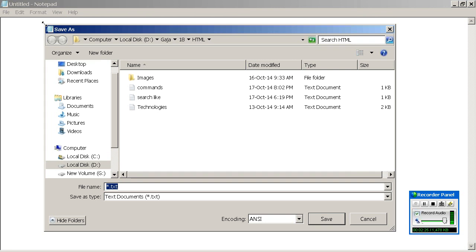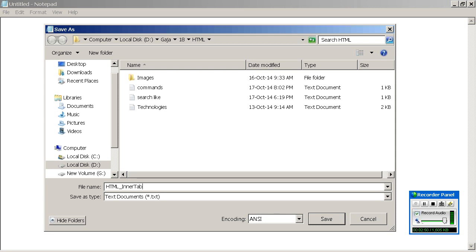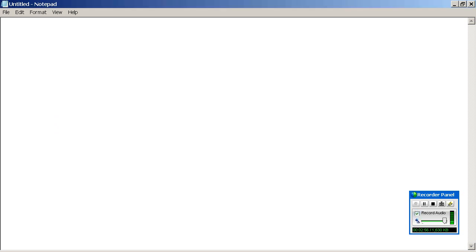So what is the table tag? Table in a table. Here, what about table row? Here in row. Okay, what is a column? It is TD. We will represent it with TD. So now I will go for HTML inner table. HTML, anything you can do. So when you tell me the structure, is it mandatory to write? No. You can just remove.